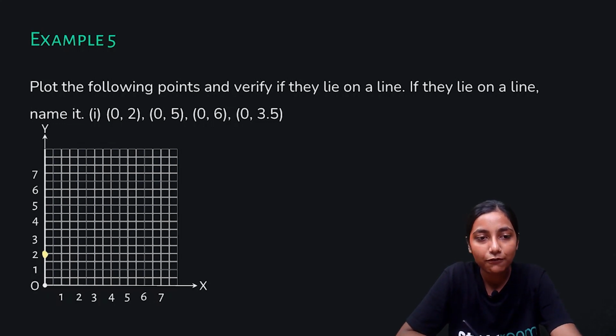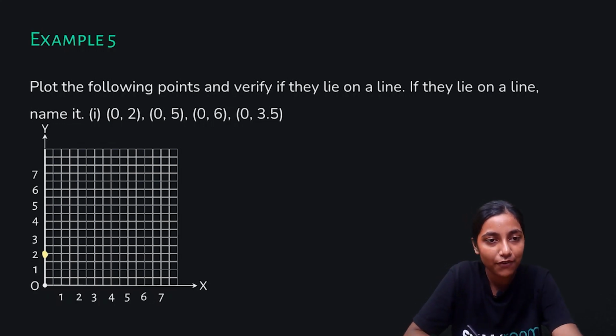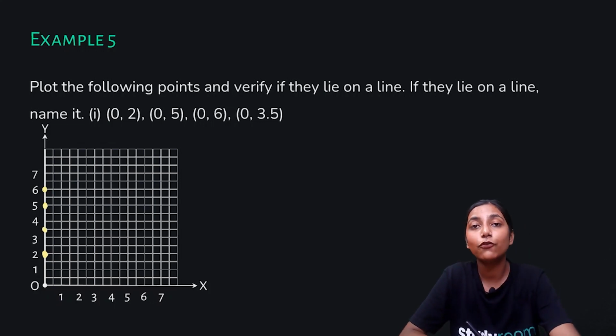Next is (0, 5). This is my second point, (0, 5). Third is (0, 6). This is my third point, (0, 6). Last is (0, 3.5), that is in between, in the middle of this 3 and 4 point. So, yes, you can see that all these points are lying